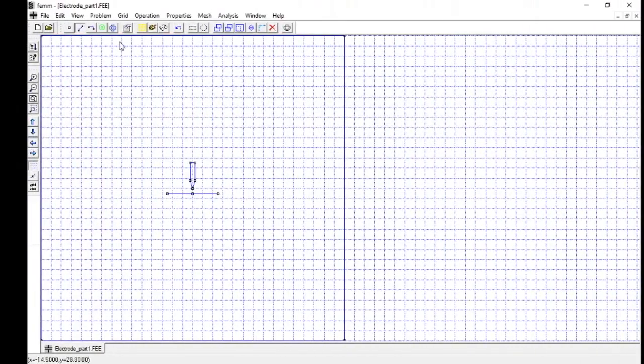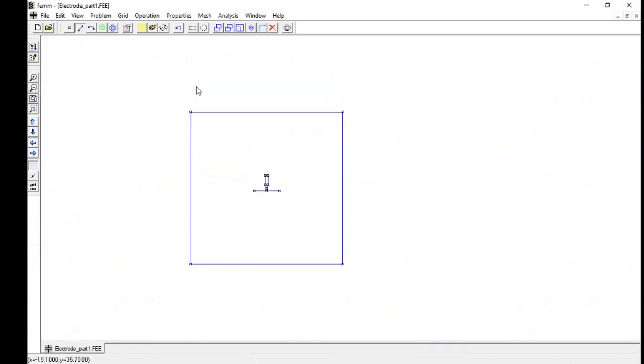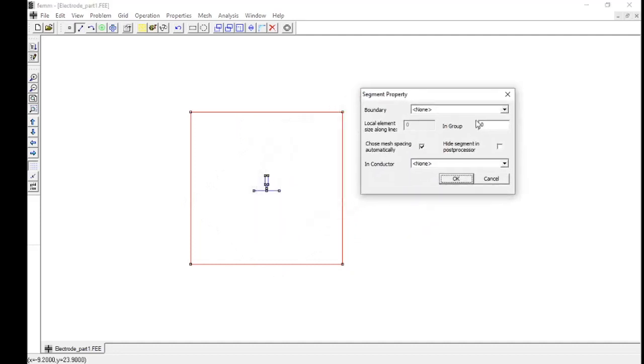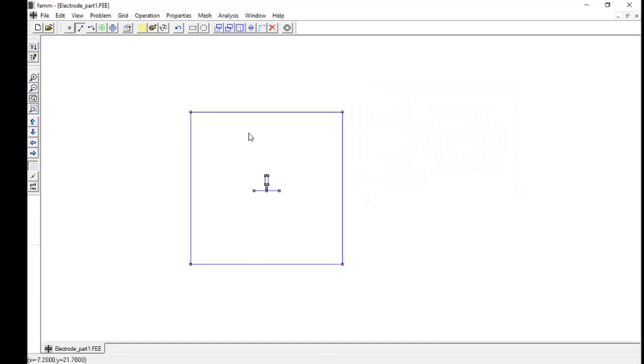Now we need to assign it to this structure. So having selected the node, let's first define the boundary. We'll select the line connector, and come near to the line and right click, and then again right click here, right click here, and right click here, and then if we hit the space bar, the segment property will appear. So actually this is the boundary, so we'll specify it as boundary and say okay. So now the boundary is ready.